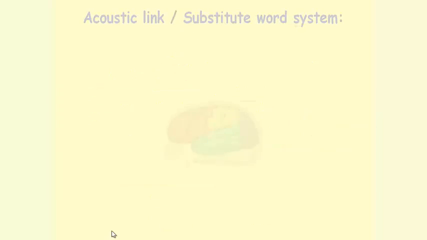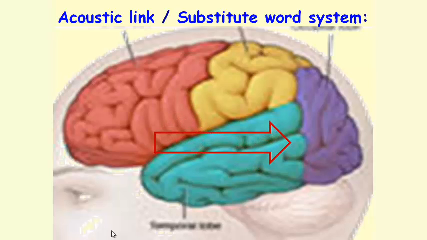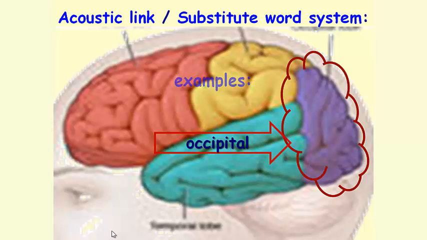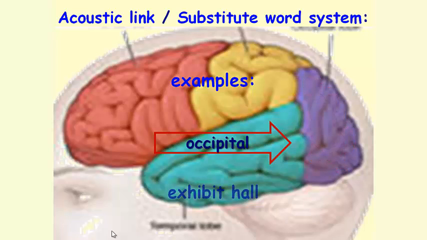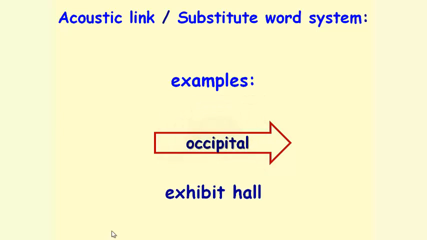Memory strategies of creating a relationship, usually visual and bizarre, between two or more items that are not members of the same category is another method of elaboration or creating an acoustic link. You see how the surface of the brain is called the occipital lobe. This area is specialized to process visual information. Psych textbooks often use occipital as an example of changing a foreign-sounding word into easily pronounced words, occipital or